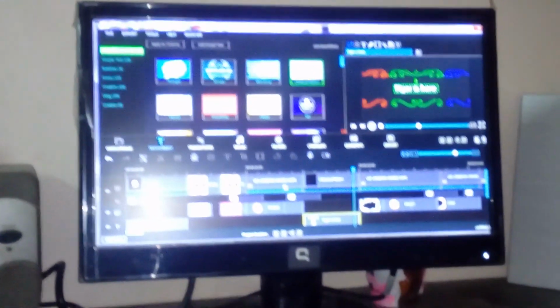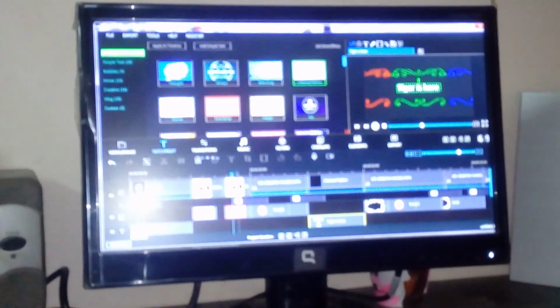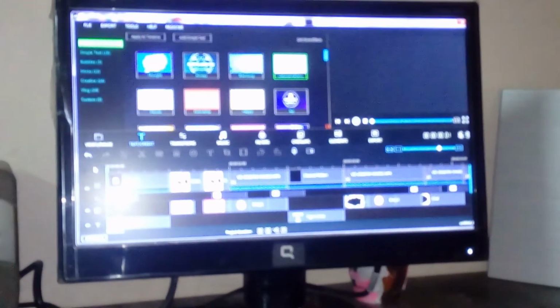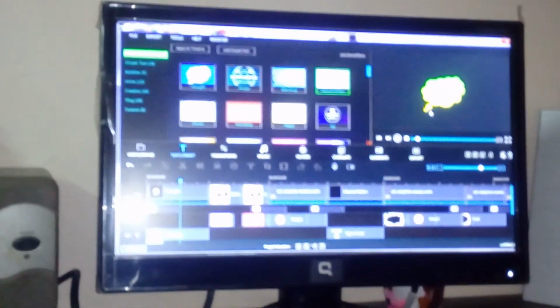What you want, it appears. Now similarly we can apply the text effect where we want. Now see the preview. It is Samsung, it is the starting.